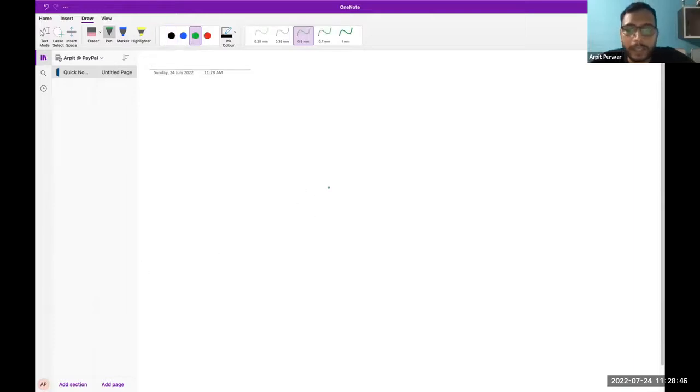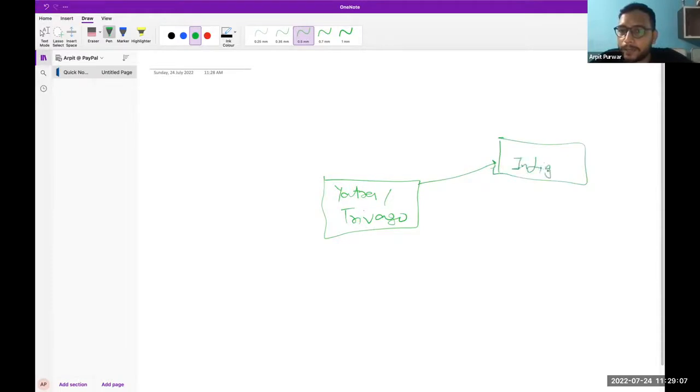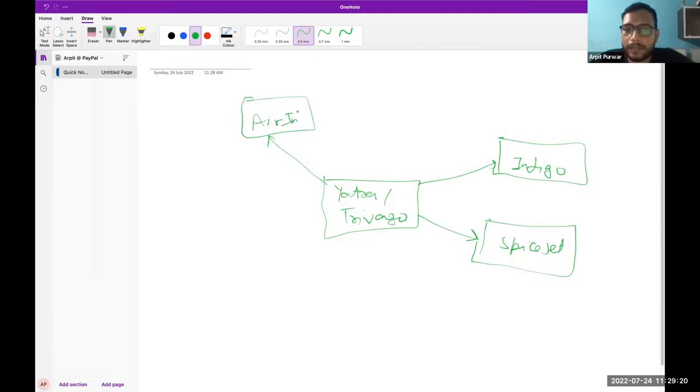Yeah, so you can see the Yatra or Trivago.com. What they do, Yatra slash Trivago. Nilanjan was giving the example of Trivago. So they do not have their own database, right? They have set up their own database to display things. But while you're searching for flights, they go to Indigo, right? There is Indigo, there is SpiceJet, correct? Then we have different ones like Air India, or Air Asia, whatever.